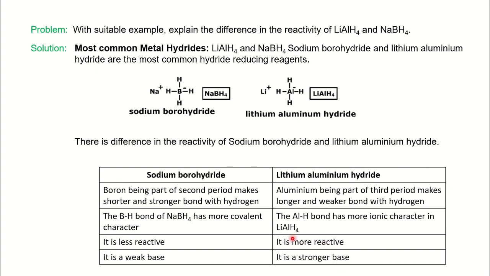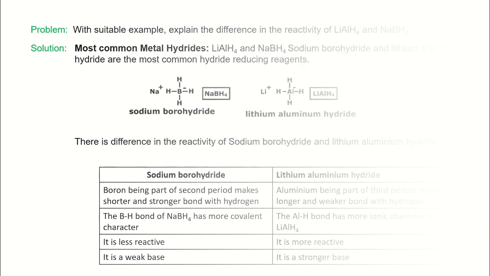Aluminium, compared to boron, is more electropositive. Less electronegative means more electropositive. So the electron density around the hydride ion is more, and because of this rich electron density, it will act as a strong base. These are some common differences, as the question is based on the difference in reactivity. So we can compare the two based on the physical properties. And now we will see